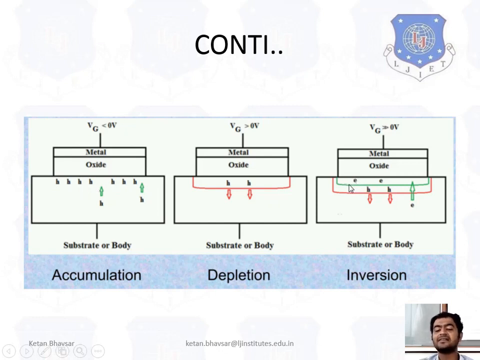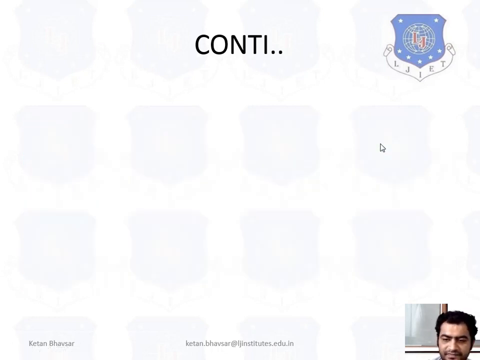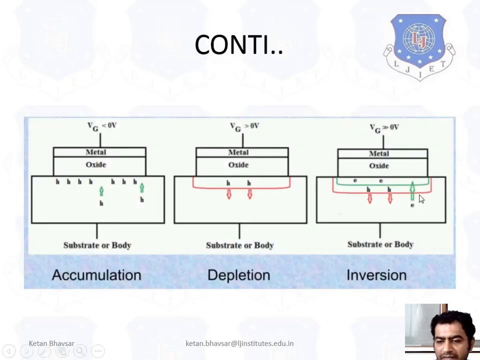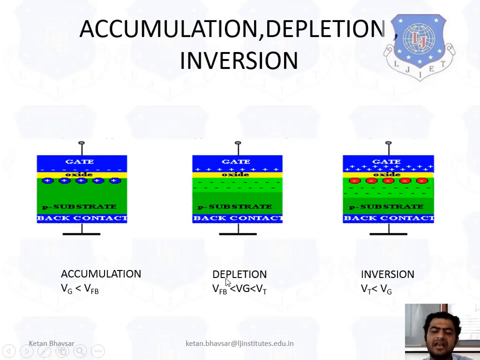So we can say that the surface inversion takes place, because instead of the holes, right now you can see the electrons, because the positive charge is increased more and more, and because of that it creates a surface inversion. This is the simplest way you can identify it, and you can identify this with the help of the graphical way, with the help of the flat band. It represents the gate to source voltages.